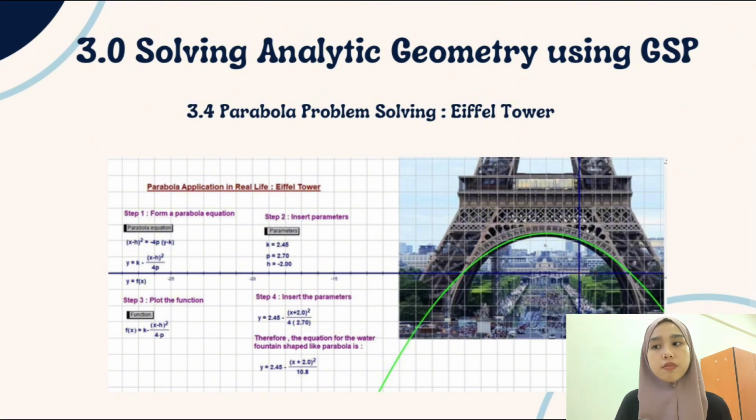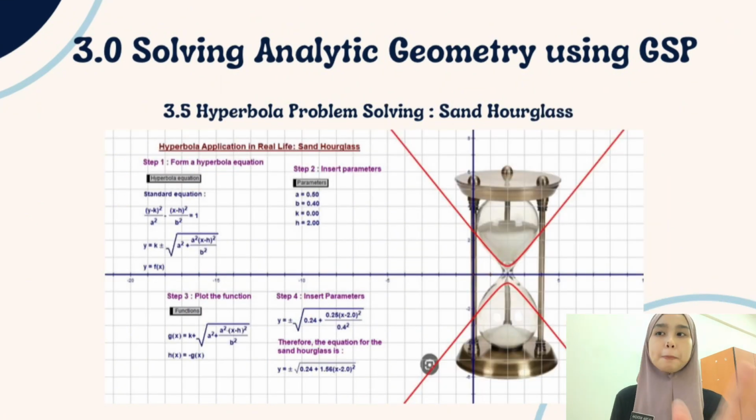And then we plot the function, and then we got the equation for the Eiffel Tower, which is y equals 2.45 minus (x plus 2.0) squared over 10.8. And last but not least, for the problem solving of hyperbola, which is the hourglass,